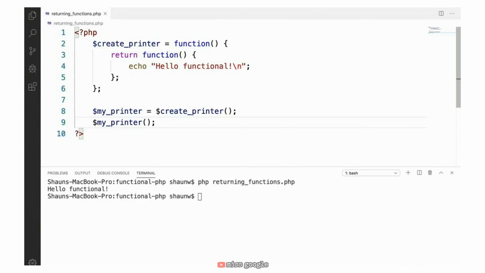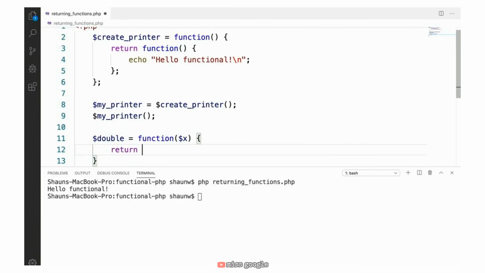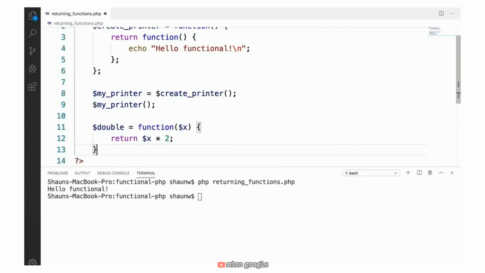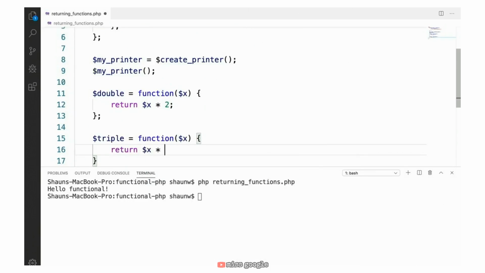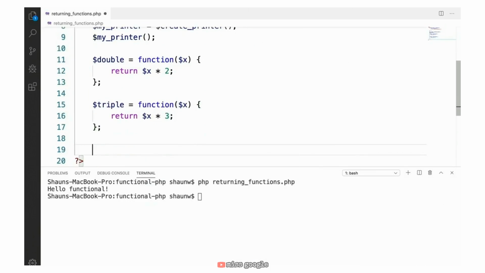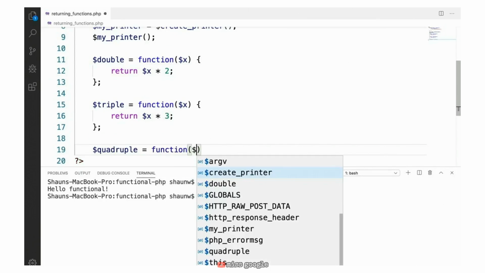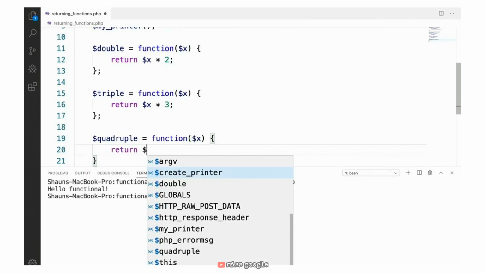So that's a very simplistic example, but now that we have a slightly better idea of how this whole returning functions thing works, let's take a look at a more useful example. First, let's say that we have a program with three functions. Double, which takes a number and doubles it. Function x. Return x times 2. We have a function called triple, which takes an argument, x, and triples it, return x times 3. And we have a function called quadruple, which, as you may have guessed, takes an argument x and returns x